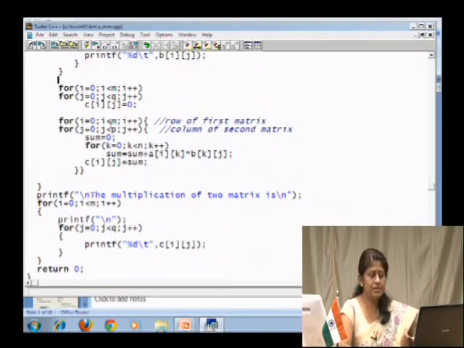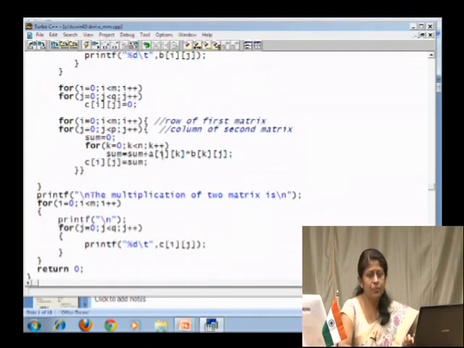After that, as I told you, for the matrix multiplication we have these two loops and then sum is equal to 0 and k, that is k will be terminating till the number of columns of the first matrix or number of rows of the second matrix, which happens to be the same. So, here we have sum plus a of i k into b of k j. So, as k is the innermost loop, this keeps changing until it is exhausted.